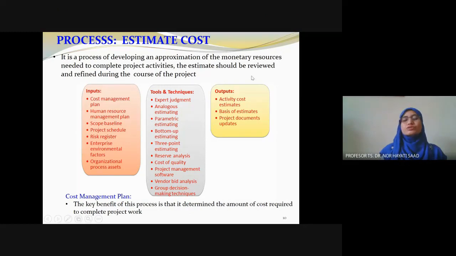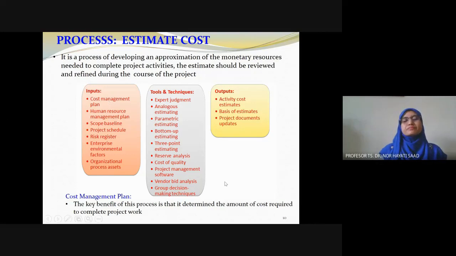Later I'll show you how we do our budgeting, sorry, not control, first how we do our budgeting, toward calculating the cost baseline. So this is the second step after we plan the cost management plan. After we plan the cost from the beginning, the second step is that we estimate the cost. It can come together concurrently, or this one can come first, it depends on the situation.